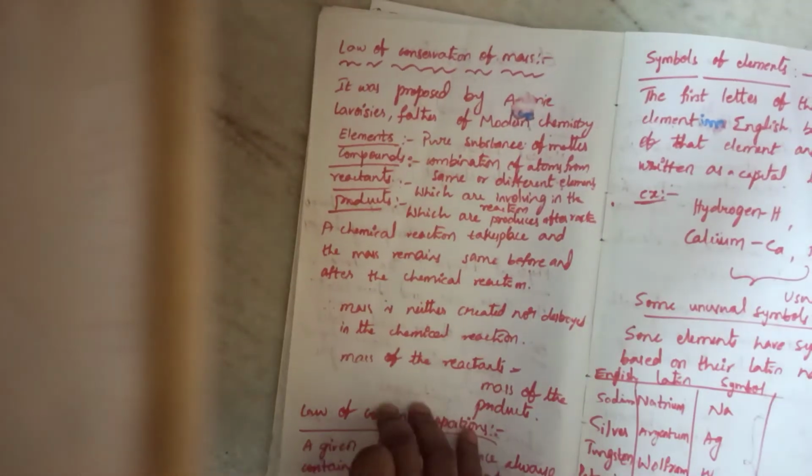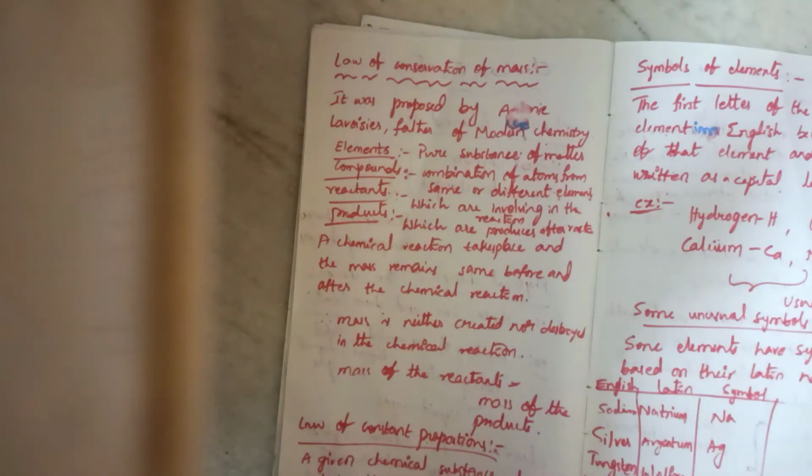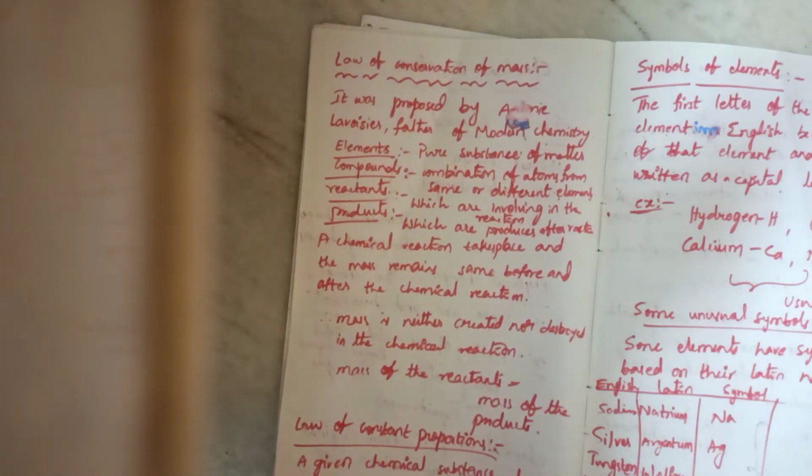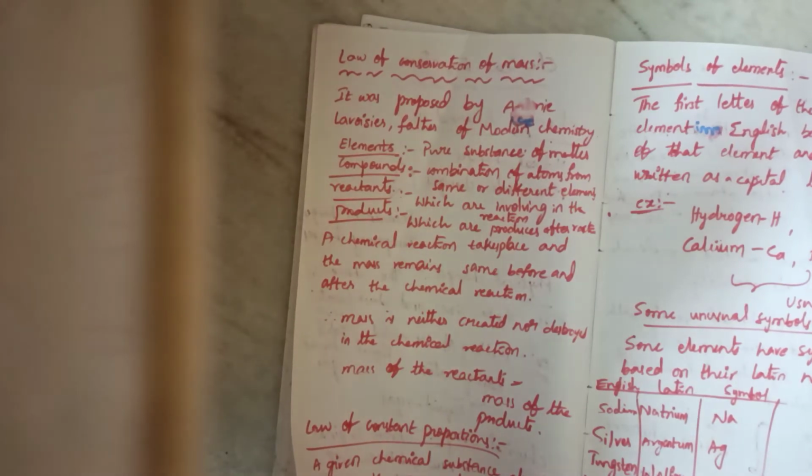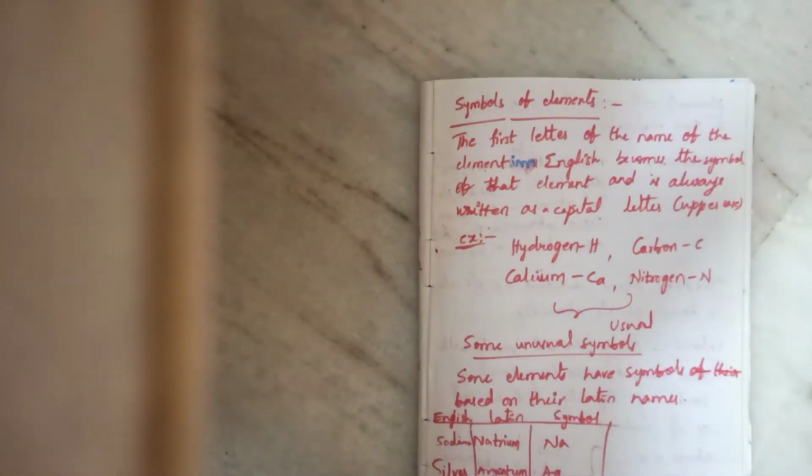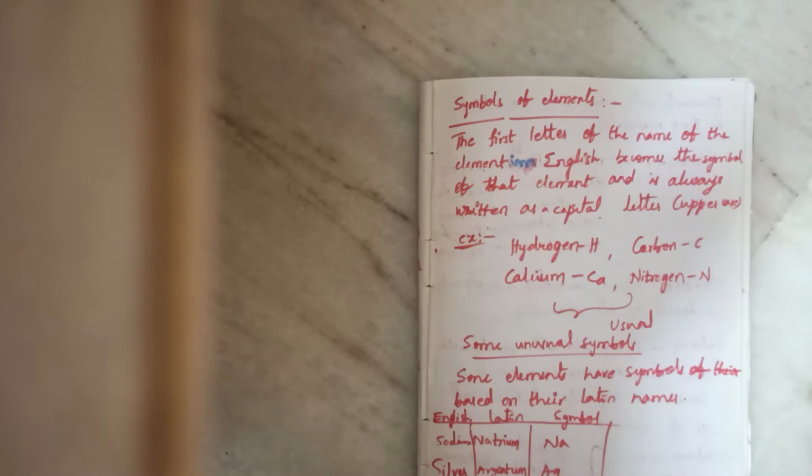So children, yesterday we discussed the law of conservation of mass and the law of constant proportions. Now, the need for this is that we need to write chemical equations. For that, we first need to follow some rules, and we also need some idea about the symbols of elements. Those are needed for writing chemical equations for a chemical change.